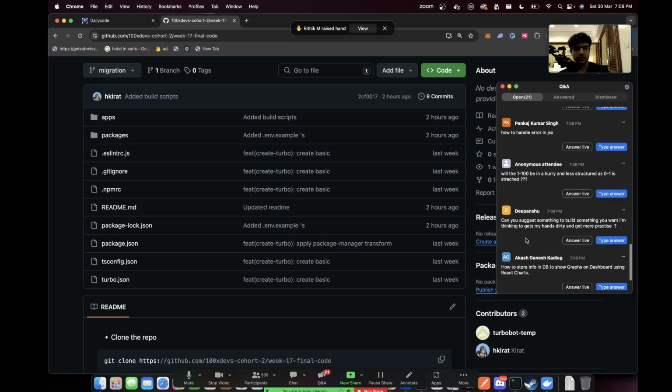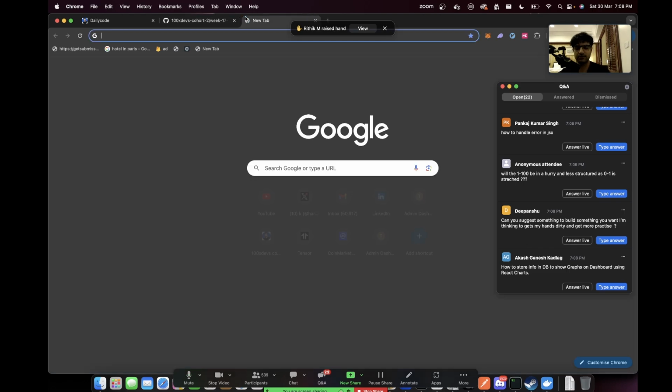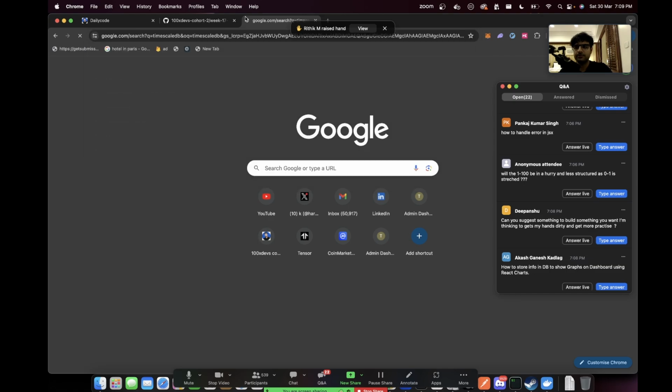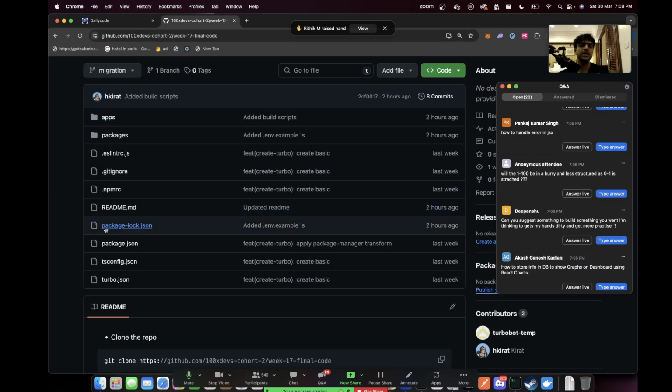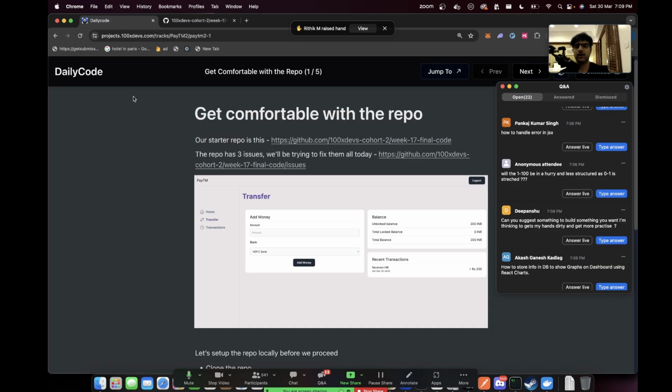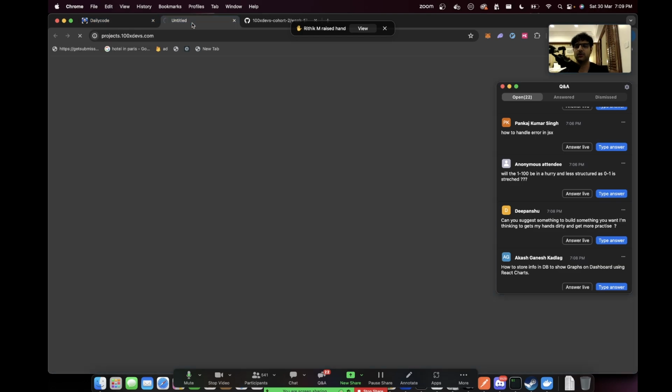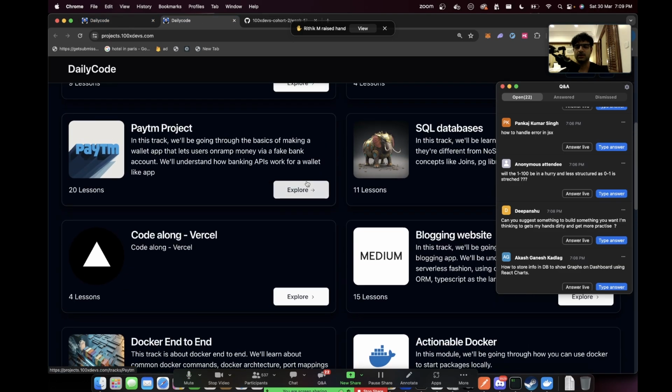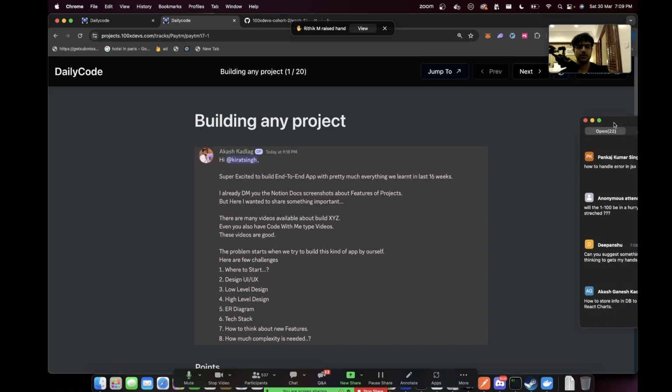All right. How to store information in a database to show graphs and dashboards? Great question. So here you need something called time series databases. Timescale DB is a famous one that lets you store time series data. The reason you need a time series database is because whenever you have a chart like this, you usually allow the user to do this. You allow the user to come to your website